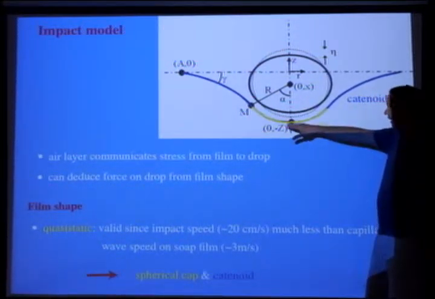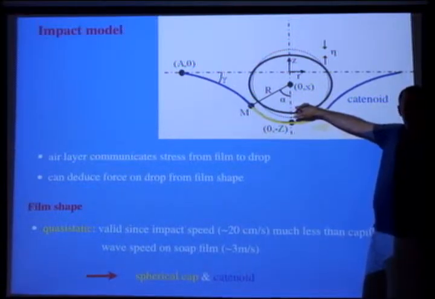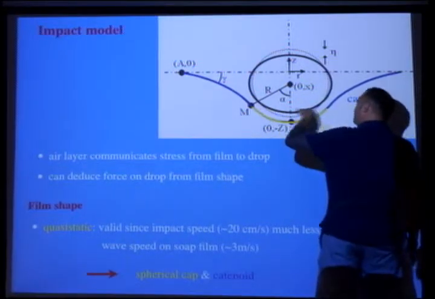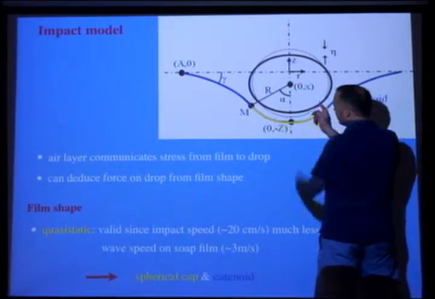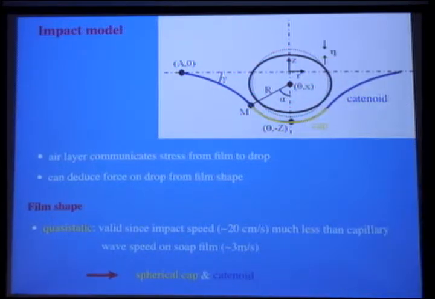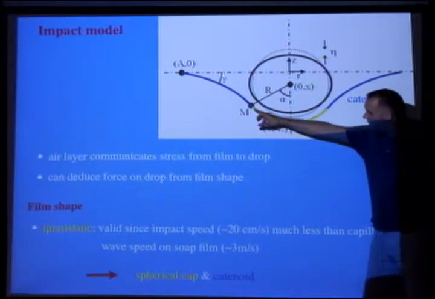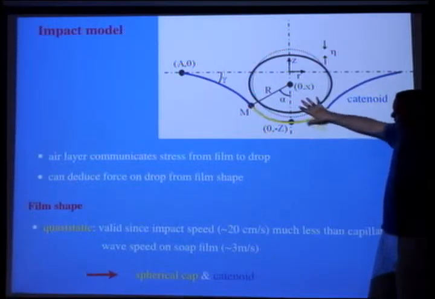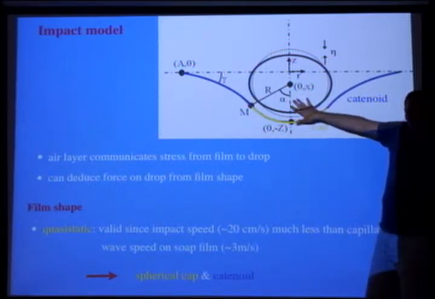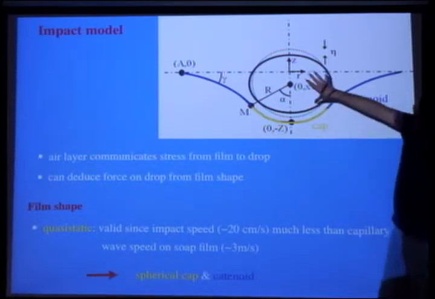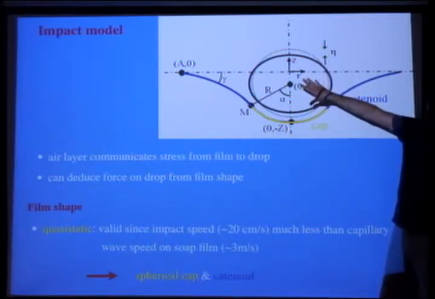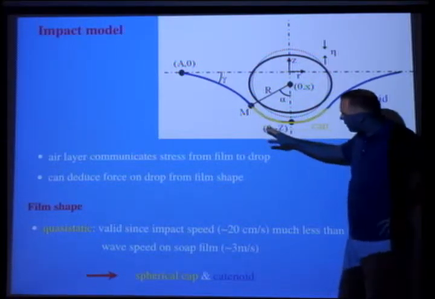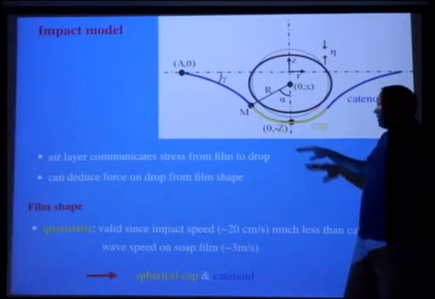So we know that the force acting on the film is equal and opposite to the force acting on the drop, okay? So what you do is, hydrodynamically, you solve for the pressure within the film, and that's a normal stress acting here and here. So what that's saying is that by tracking the shape of the film, we're also getting the force here on the drop. Okay, and so if we assume that the drop doesn't change much in its shape, which it doesn't, certainly at lower speed impacts, then the only surface energy that's changing is out of the film.